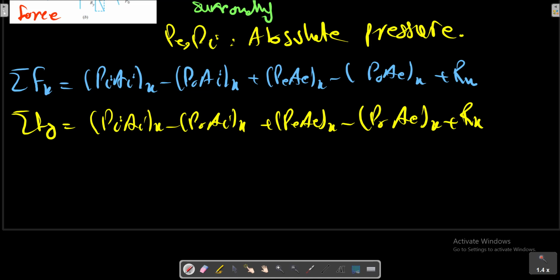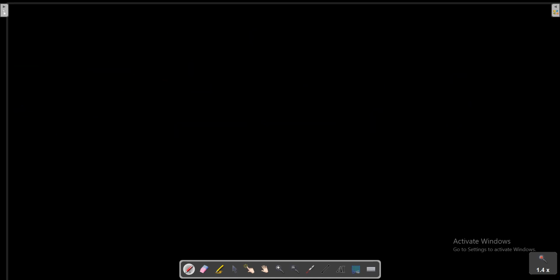These equations can be written as the momentum forces relation, m dot